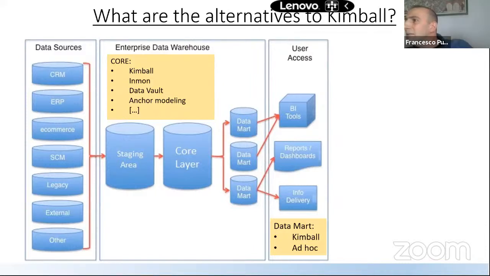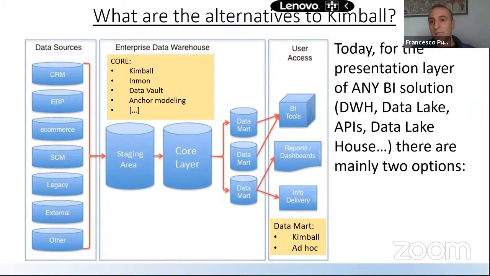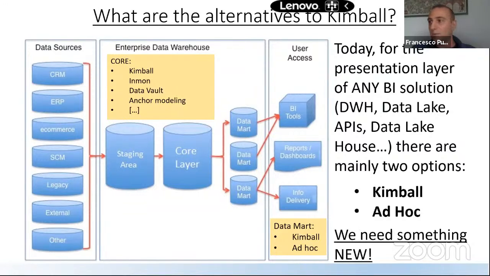Doesn't it all say that there are no rules for the information layer? Yeah, do what business wants. Yes, exactly. But the business basically wants the star schemas of Kimbo because that's the only thing that they are used to. So you can do what you want, exactly. But what I'm saying is that whatever you do, it's either Kimbo or ad hoc. There is not a discipline that is structured, pattern-based, repeatable, and that is not Kimbo. I'm not aware of any yet. So basically these are the two options, to my knowledge. But you can write in the chat.